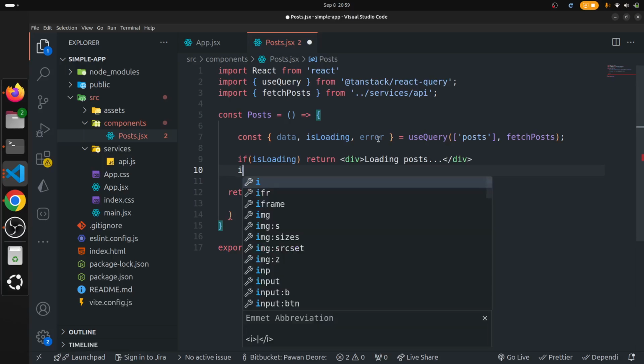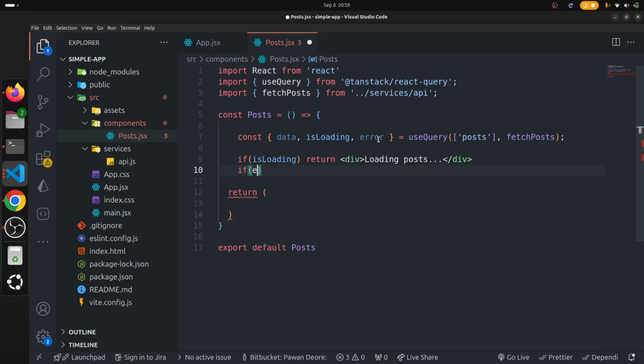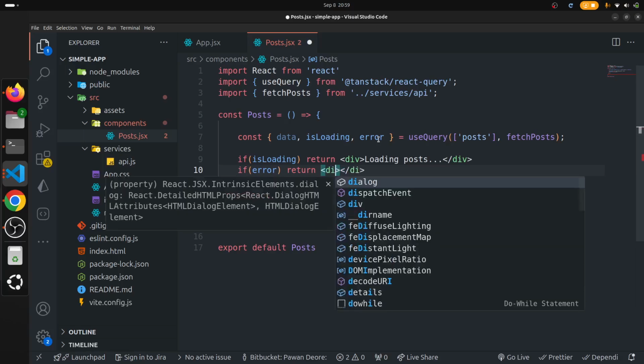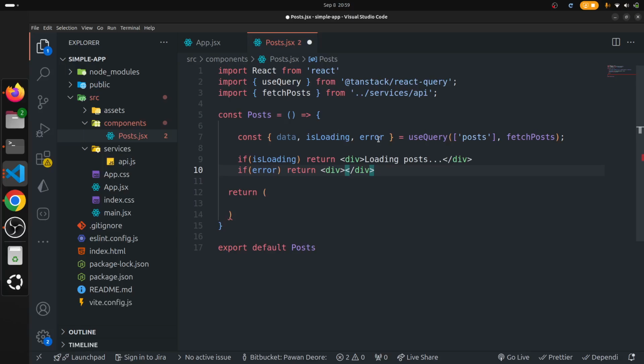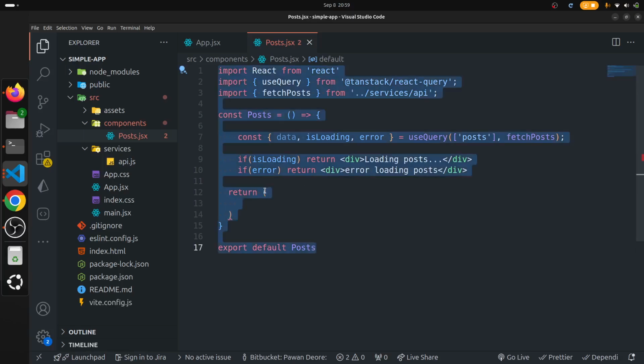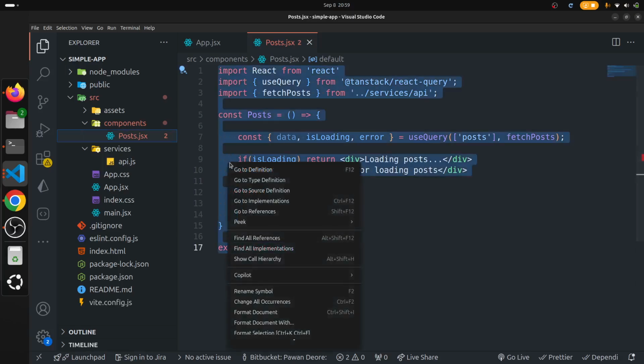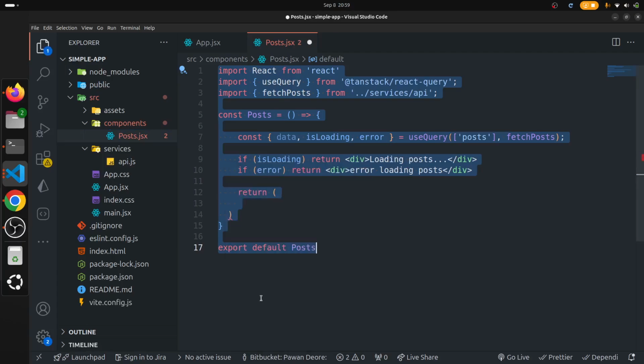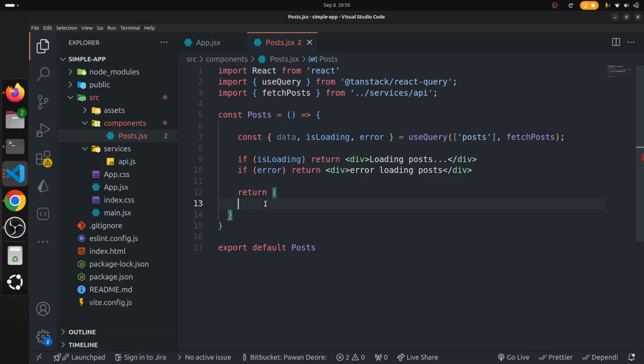Okay, and if there is an error, then we will show this UI. Just a div and error loading. Okay, triple dot is not needed, right? Okay, and let me just format this real quick. So right click, format document. Okay, so in return